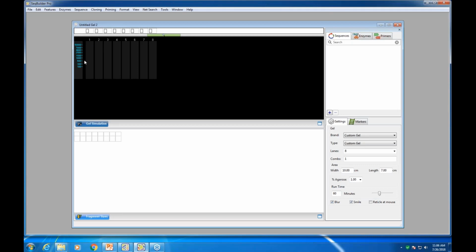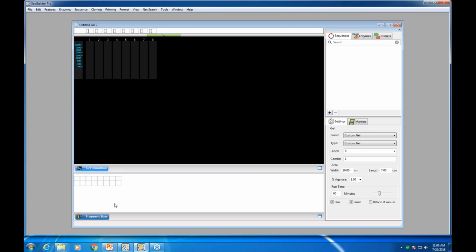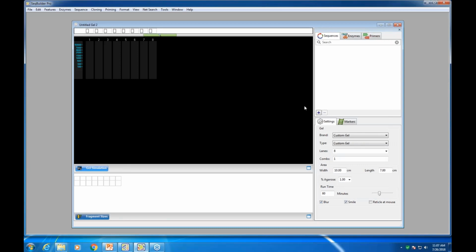And when you're looking at this through your own computer, you'll see very faintly some of the gel lanes. And this gel then has a couple different views. There's the simulation view at the top, and then a fragment size summary view at the bottom. And one of the nice aspects to this is that if I look over here on the right in the settings, there are a number of different settings that I can change to make this gel look like the gels